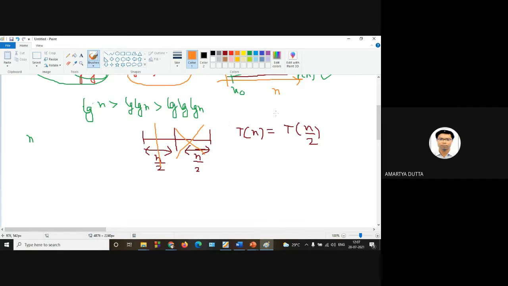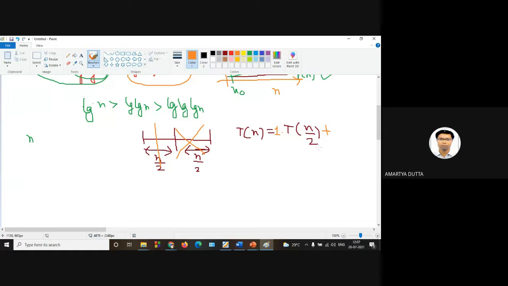As we discard the other half, how many subproblems are there? The number of subproblems is 1 at each step. That's why 1 into n/2 plus